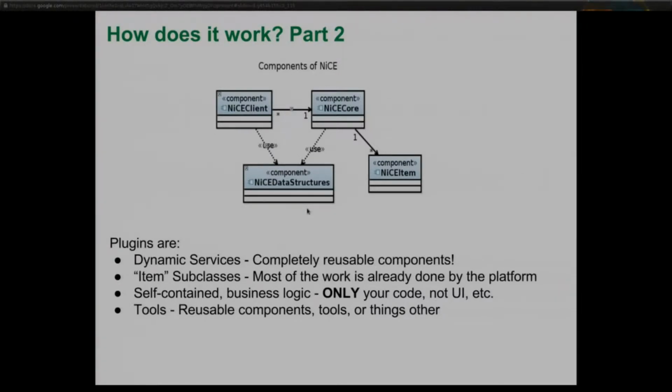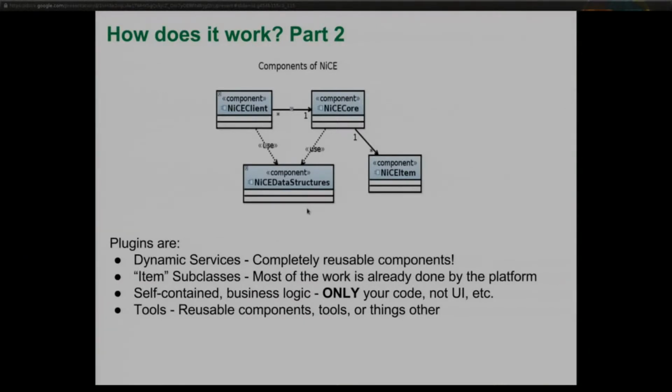Everything in NICE is a reusable service. The item is the core class that does the work for building those input files, for launching those jobs, and doing different tasks like that. And a lot of it's already done, because we've done this for 15 different projects or something. You just subclass from item, and most of the work is done. Now, if you have a special format or something, you need to write some readers and writers, but when that's done, there is an I/O service where you get your stuff for that.